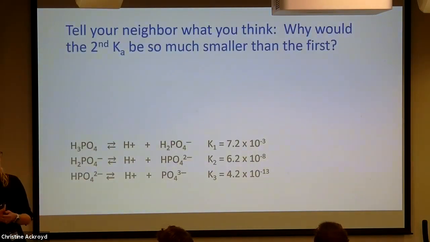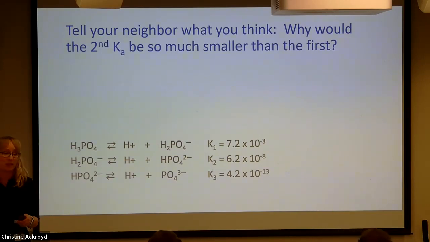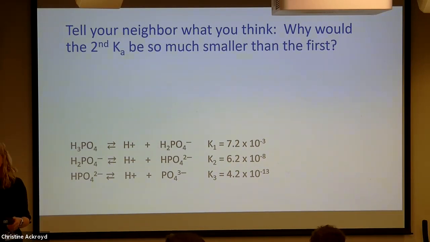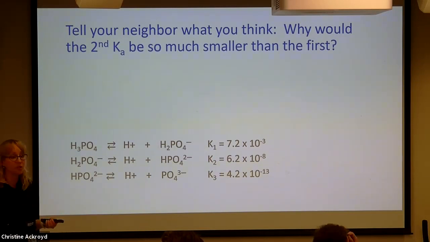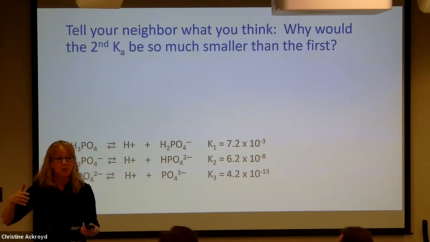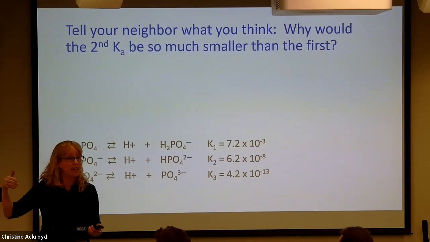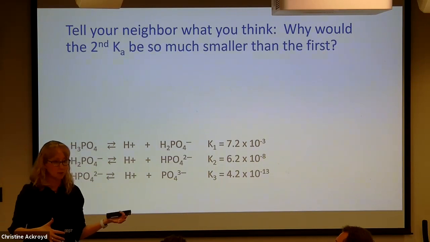Okay. Can you explain the difference in the Ka values? Why would the second proton be so much harder to pull off than the first one? Yeah. There's 2 ways to explain it. So one way to say it is every time you pull a proton off, you form something with a more negative charge, which is going to be less stable. So each subsequent deprotonation creates a less stable conjugate base, which means that the precursor acid was weaker.